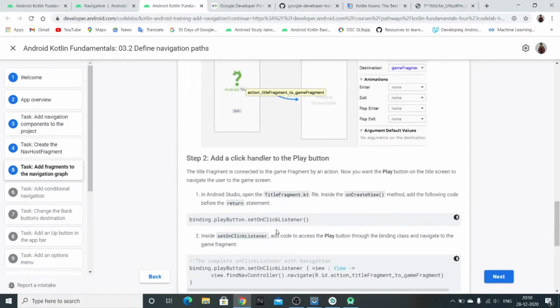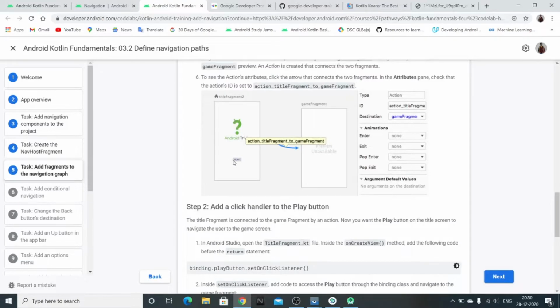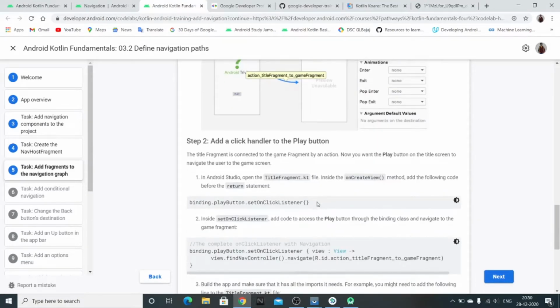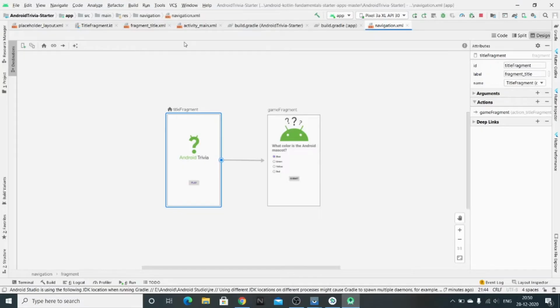Okay, so now we will be setting up a set on click listener. So when the play button is pressed, only then we have to navigate. So we need to write code for that also. So in your title fragment.kt, just copy this code, and inside the on create view before the return statement, we need to add this code.